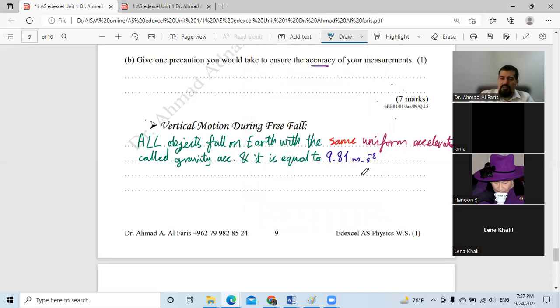So why do they fall? We didn't talk about forces yet. Why do they do that? Because there is a single force acting on them. What is the single force acting on them? Why are they falling down? Due to the single force. Who can tell what the single force is? Bravo, exactly. The single force acting on them is